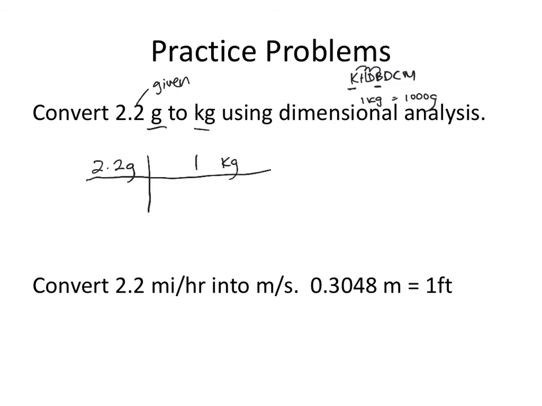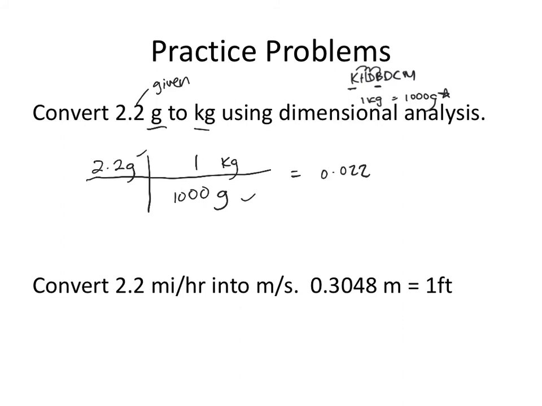Okay, and we are trying to get out of grams. We take that 1,000 grams from our conversion factor. So we check our setup, right? We have grams on top, grams on the bottom, those will cancel, kilograms will be left over. So we go ahead and do the math here. 2.2 times 1 divided by 1,000 is going to be equal to